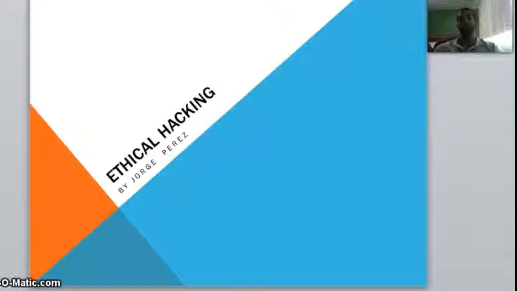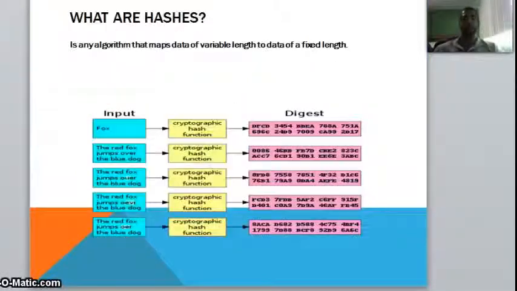Now, passwords are created by hashes. What are hashes? Hashes are algorithms that map data of variable length to data of fixed length. And what does that mean? It means the computer takes a word like, for example, fox, and creates a hash, which you see right here. It's a certain length, created with variations of letters and numbers, which can be kind of hard to crack if somebody doesn't know the word